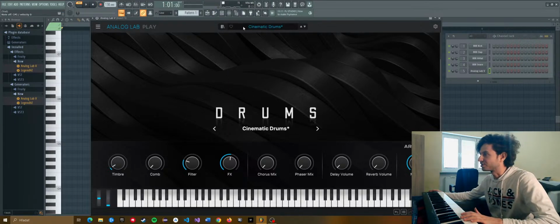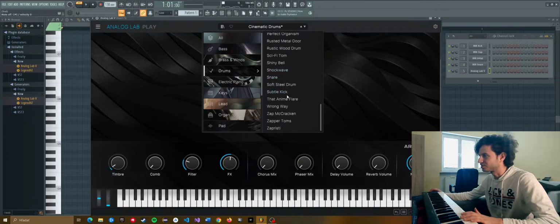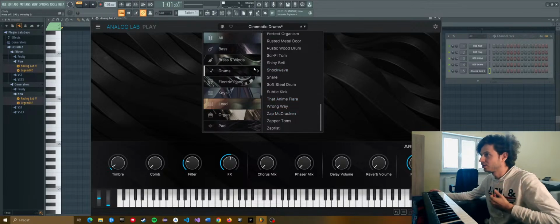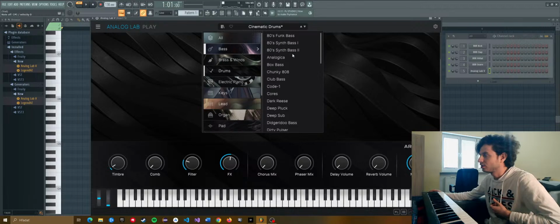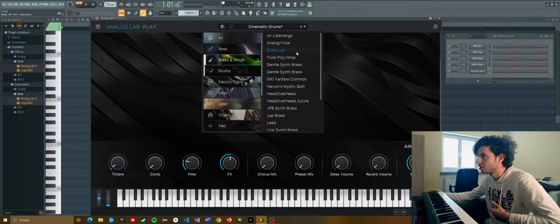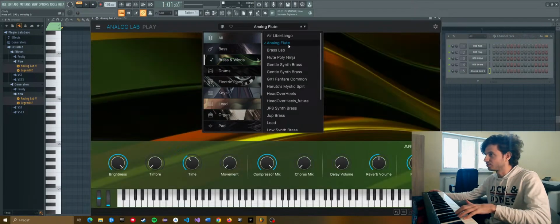So, as you can see, there are approximately, I would say, at least 70 drums. Actually, or 60, I have absolutely no idea, but quite a few. So we will move on. As you see, you have quite a few bass sounds, brass and winds. What will I try? Maybe analog flute? I have never tried this one, so